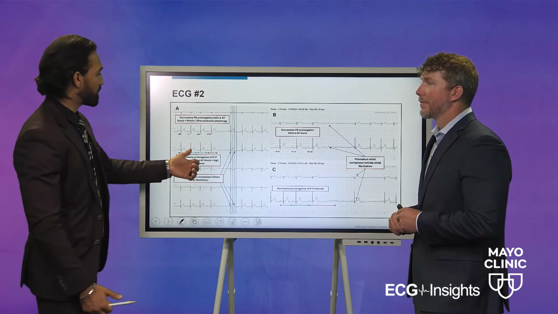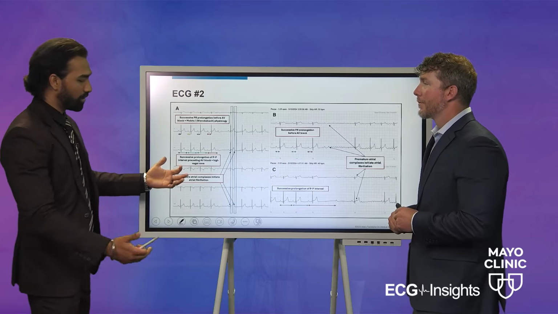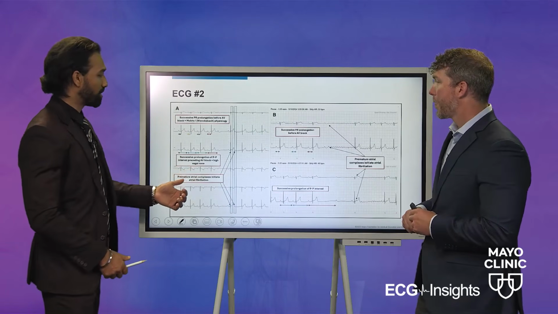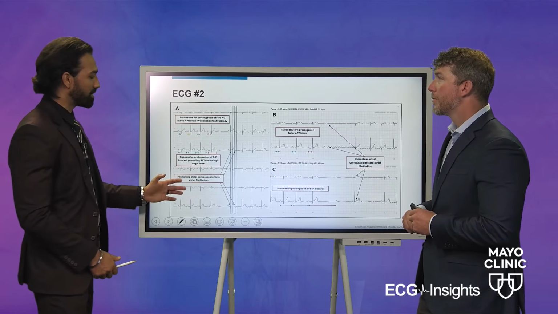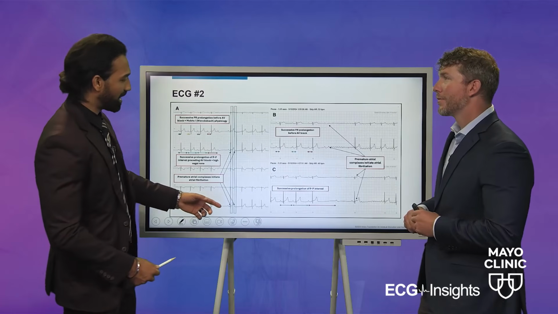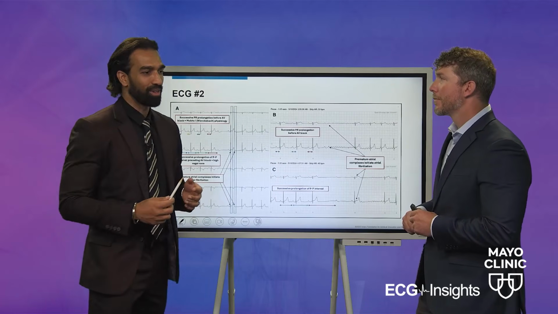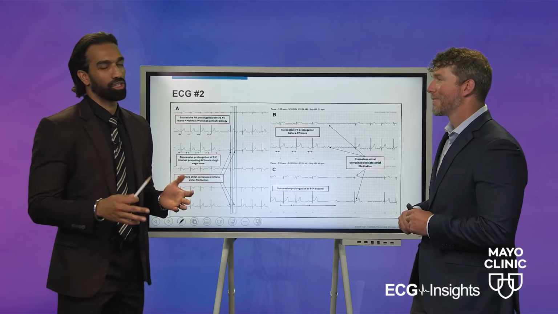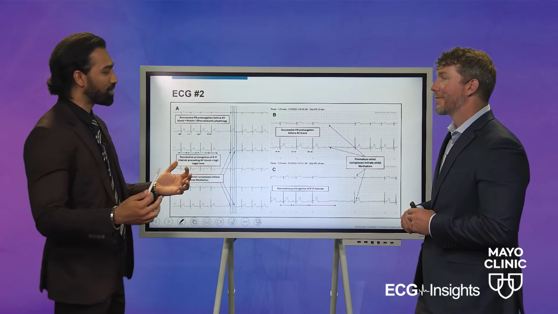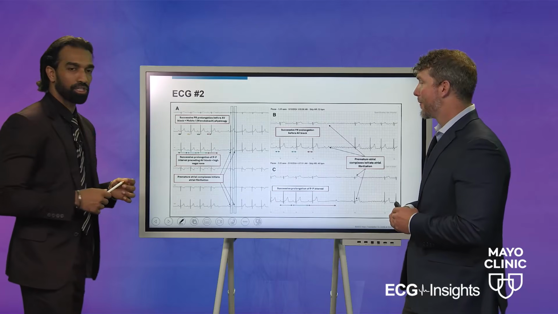So saying something like, the P waves are upright in 2, 3, aVF when you're reading an ECG, maybe sinus, could be something else. QRS looks normal, transition across the precordium, likely normal QRS. P2P prolongation, AV block, question vagal. That's a very helpful addition to an ECG reading. I know you guys are very busy, but if there's something that people can do, I think it'll make a big difference in some of the patients.